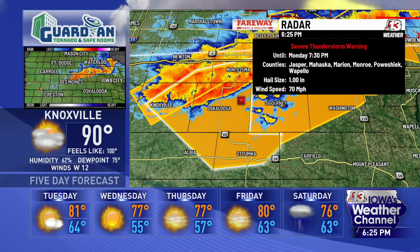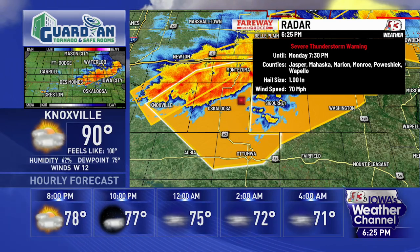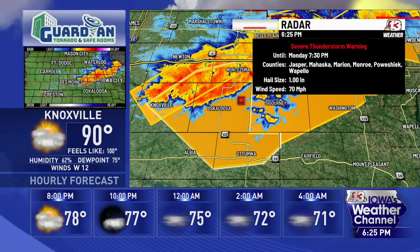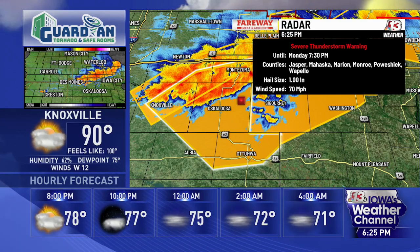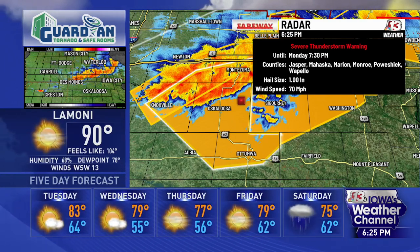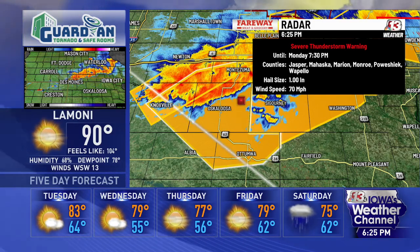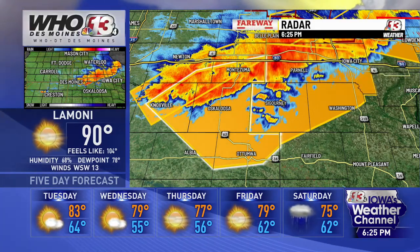The line was near the Brooklyn area and close to New Sharon and also the Knoxville airport, which we've been telling you about. This storm is tracking off to the southeast at 65 miles per hour with some 70 mile per hour wind gust potential, as well as some quarter-size hail. I did see a report near Monroe of some hail with this stronger storm as well,